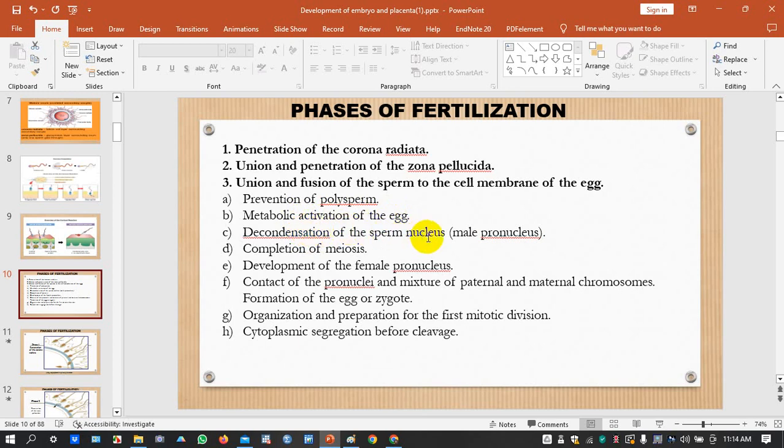Decondensation of the sperm nucleus. So the sperm now becomes a male pronucleus, or the genetic material becomes activated. There is completion of the meiosis. Now the egg cell completes its meiosis, because in the uterus,